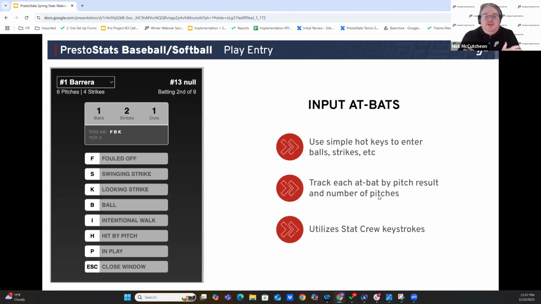As you get into the inputting of plays, before each batter, at the bottom of the screen, there is an option to put in the pitcher, the pitch sequence. You don't have to do this, but it is nice for the box score to have that in there. You'll go in, a secondary window will pop up where you can put in the pitch sequence. So whether it's a foul ball, a swinging strike, looking strike, ball, intentional walk, hit by pitch. And once the ball is put in play, you simply hit P and it takes you back to the input screen